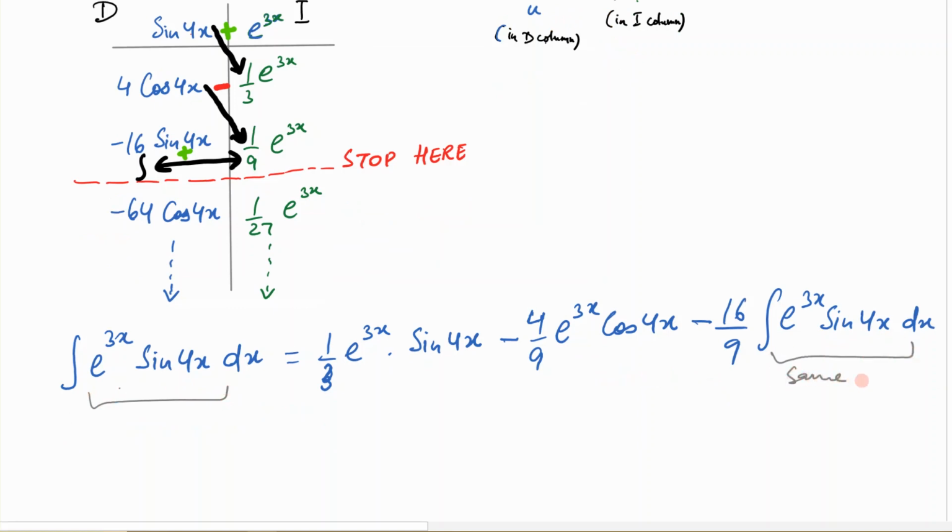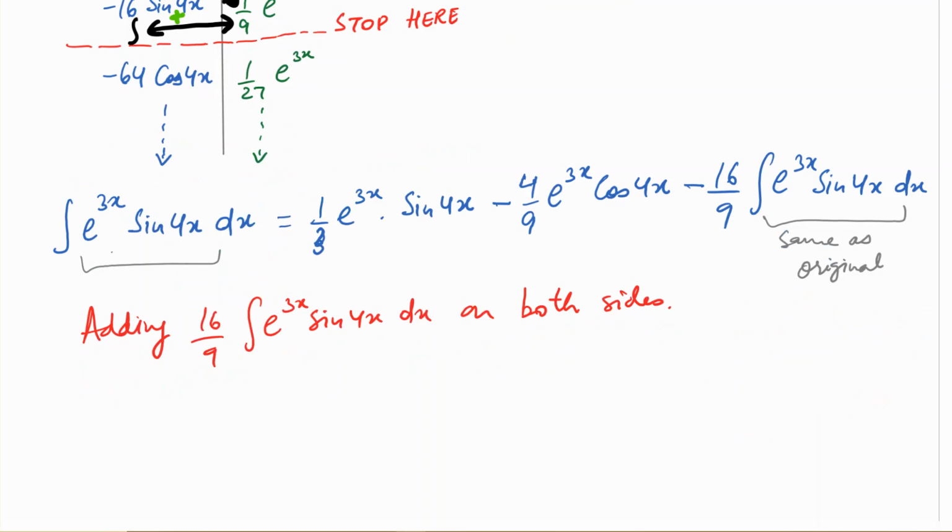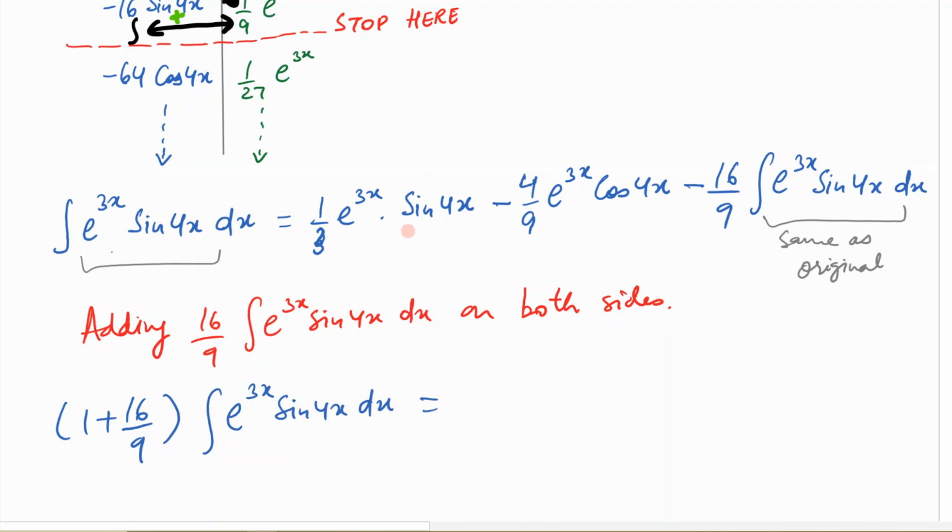So it means we can bring these two together and simplify it further. So adding 16 over 9 integral of e raised to power 3x sine 4x dx on both sides, we get 1 plus 16 over 9 integral of e raised to power 3x sine 4x dx,